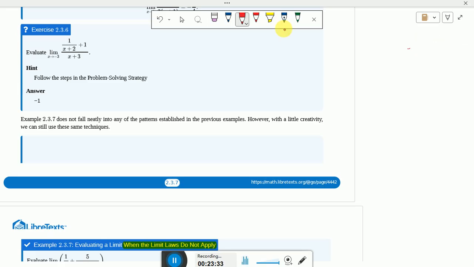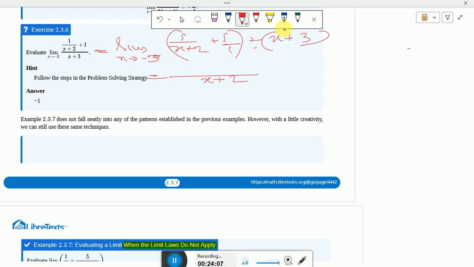So how can we simplify, right? Limit x approaches minus 3, if I take 1 over x plus 2 plus 1, here also 1 over 1 we can write, divided by, so it means this expression is divided by x plus 3, right? That is the meaning. So now if it is a 1 in the sense, here also 1 over 1. If I take x plus 2 as the LCM, 1 plus x plus 2,